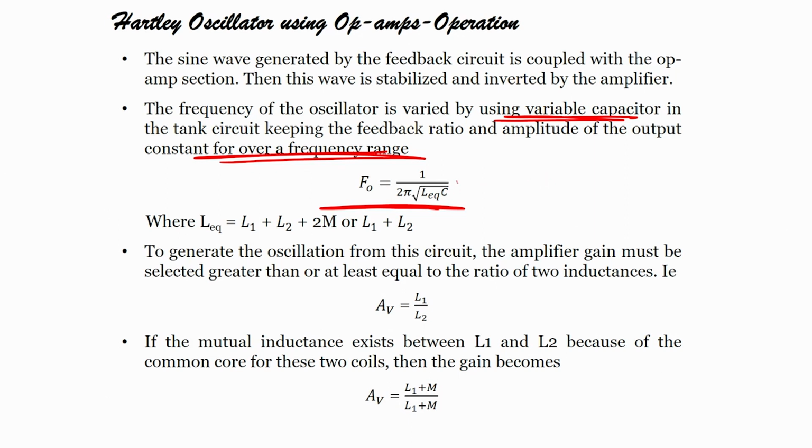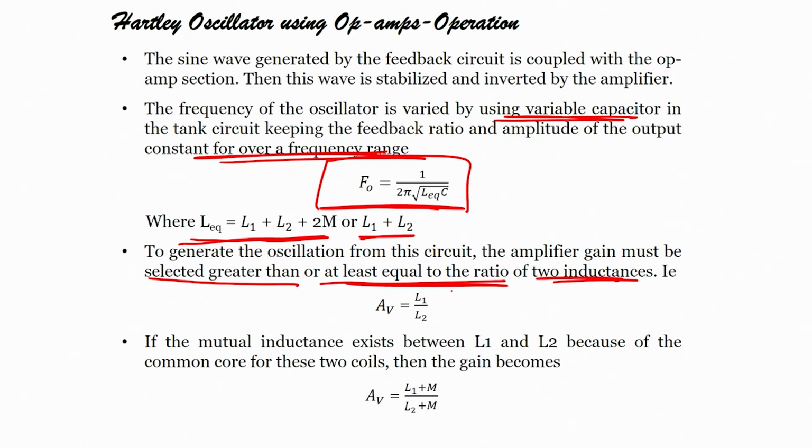It is given by f0 equals 1 by 2 pi under root of L equivalent into C, because there are L1 and L2. What is L equivalent? L equivalent can be L1 plus L2 plus 2M, or L1 plus L2. To generate oscillation from this circuit, the amplifier gain must be selected greater than or equal to the ratio of the two inductors. So, Av can be greater than or equal to L1 by L2,